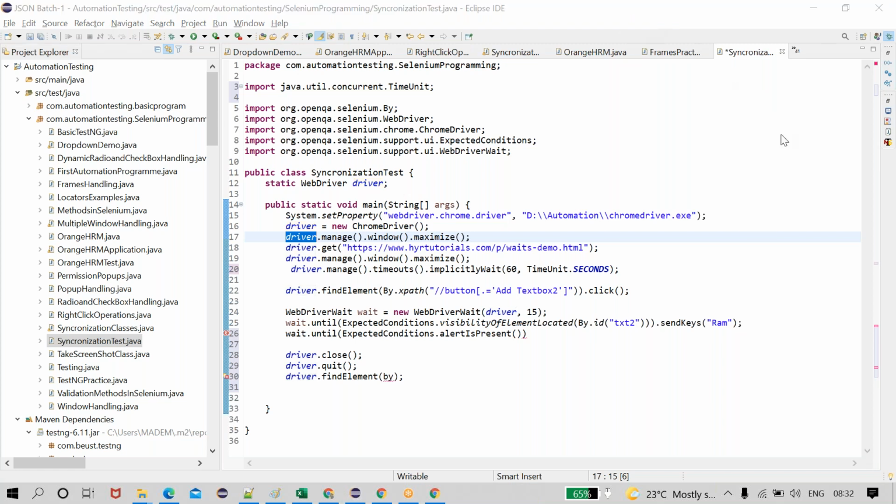I think you got clarification, Rajshekhar. Yes, Kumar, Radha, Ajjes. When we go for implicit wait and when we go for explicit wait, you got some clarification after listening to this session, correct? Okay. Yes, bro.